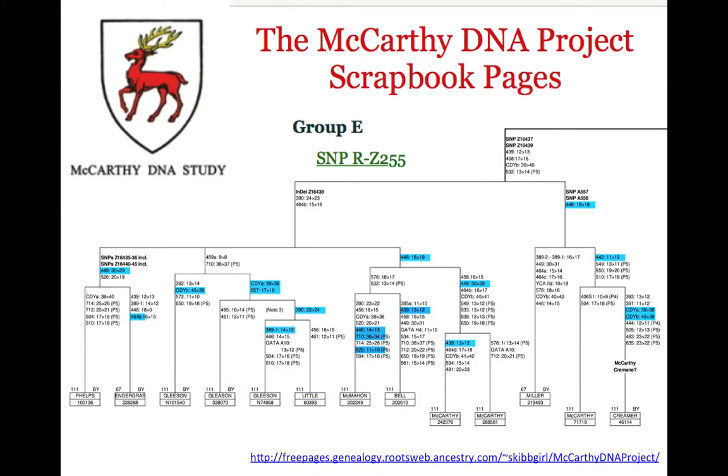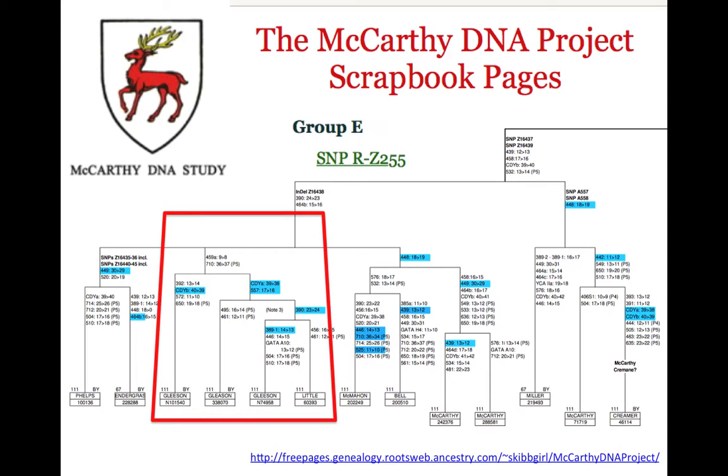One other possibility is to actually combine the SNP marker tests with the STR marker testing, and this is something that Nigel McCarthy has really championed in his McCarthy Surname Project. You can see here that there are 3 Gleasons, and 2 Gleasons here who are brothers, in fact, and by using a combination of the SNP markers and the STR markers, Nigel has been able to split out the various people in this group into the most likely branching